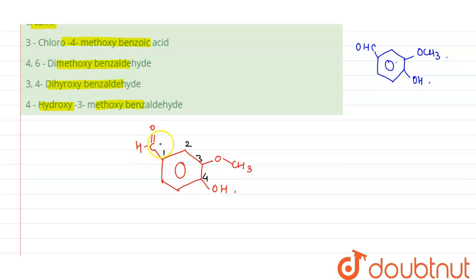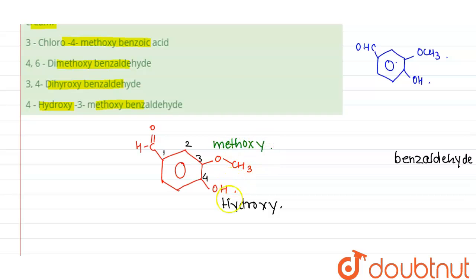So we will be naming it as benzaldehyde will be the primary substituent, present here in the main ring. So benzaldehyde in the main ring. As we know, CHO gets a higher priority. Now what happens is we have left with this OCH3 and OH. So now we have this hydroxy group, right? And in nomenclature, the shortest chain is named first. So this is methoxy present here. Methane is present here. Methyl is present here. This is CH3, methyl. And ether is present. So the nomenclature is done as methoxy.